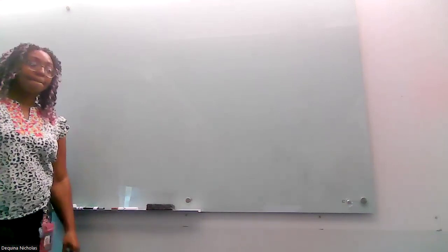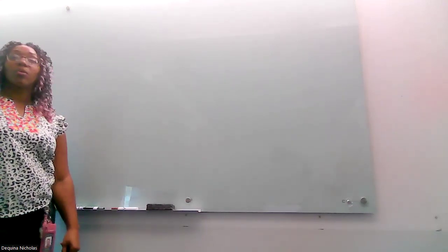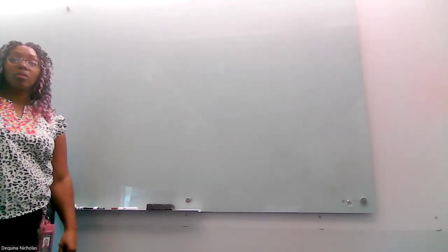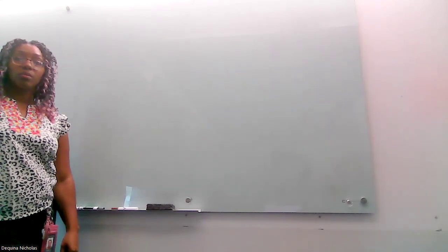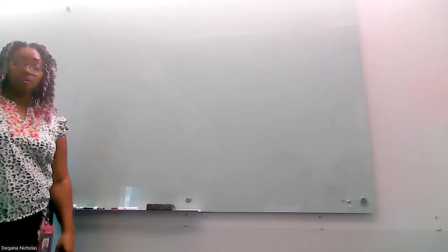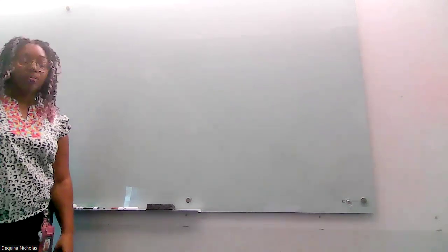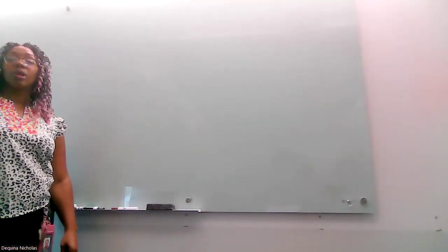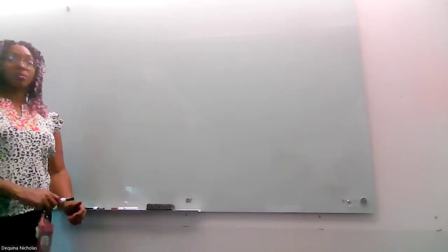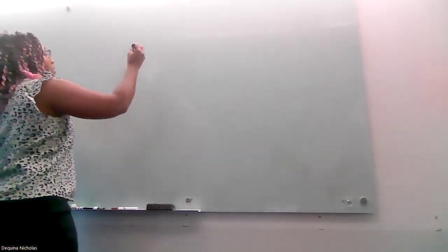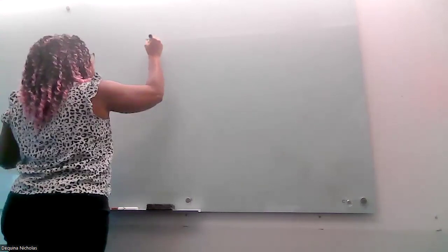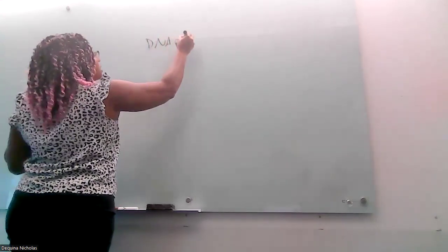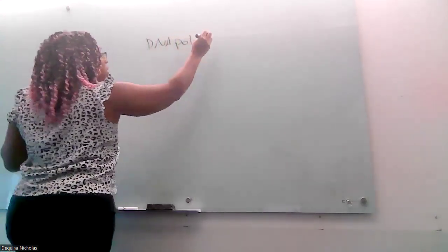Yes, I just have a clarification. If there's an error in the DNA polymerase that needs repair, or if you have deamination or oxidation, we use base excision repair. And if we have UV damage or TT dimers, we would use nucleotide excision repair. Yes, 100%. Okay, so we're going to rewrite this up here so everyone is very clear. So for an error in DNA polymerase, we end up using